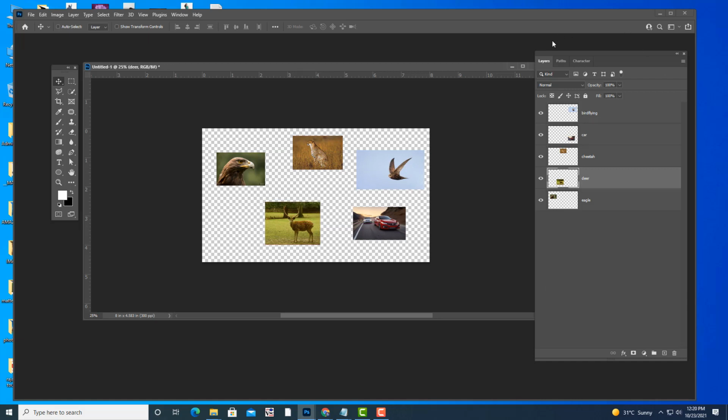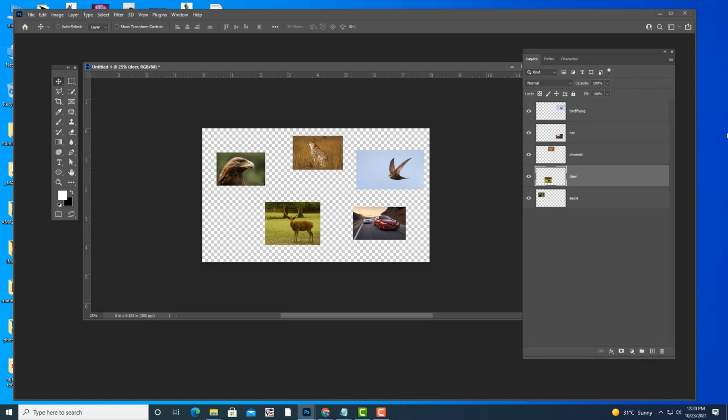Now we will understand the concept of layers. The first option is the order of layers. So what is the order? The topmost layer in the layer stack will appear in front of all images.